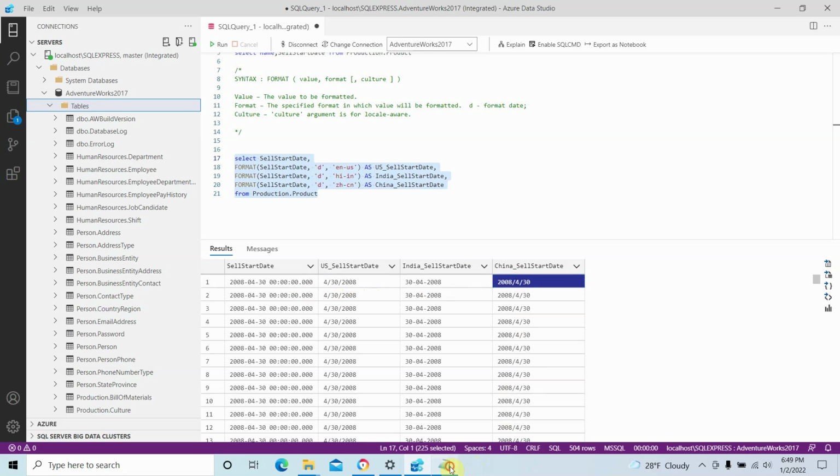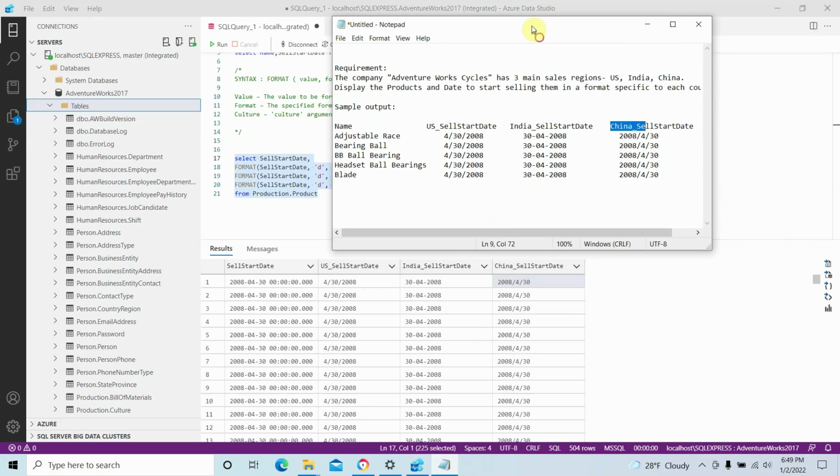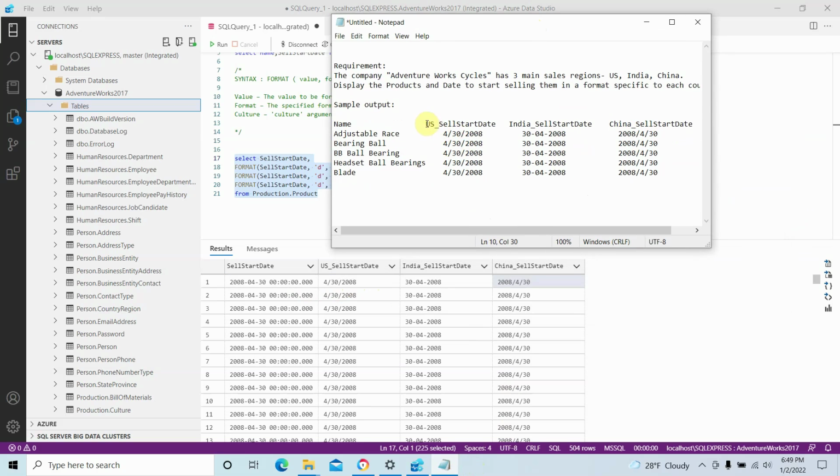So let's go to the requirement and see if we got this output. You can see US cell start date is in this format, right? Yes, we got it starting with month, day, and year. And for India, you got it the same way, starting with day, month, year. And for China, we got it starting with year, month, and day. Only thing is we didn't mention the product name column.